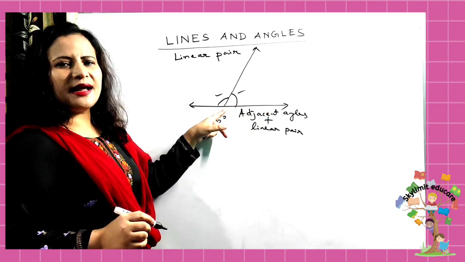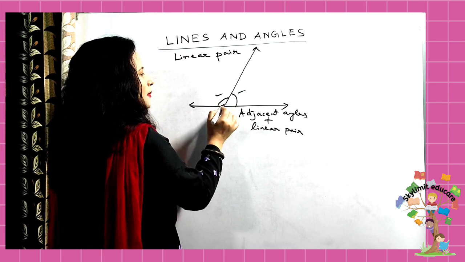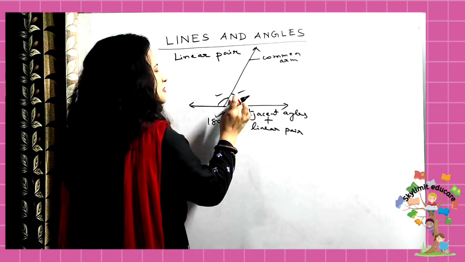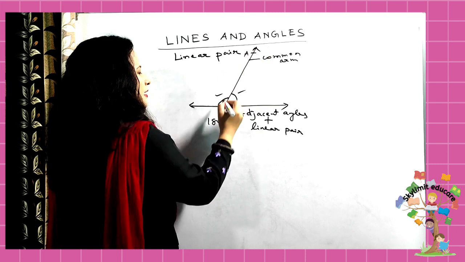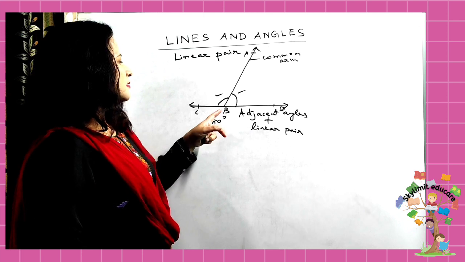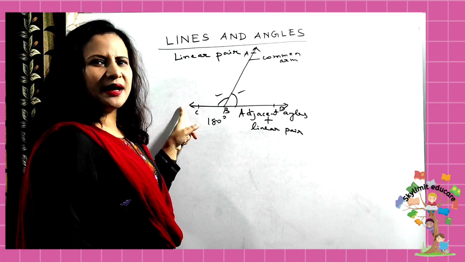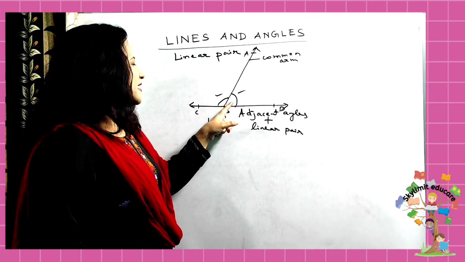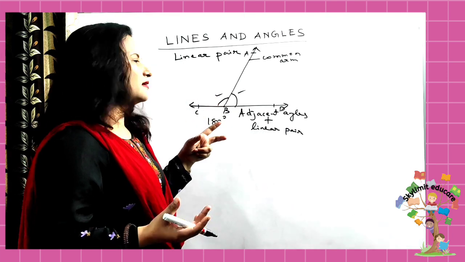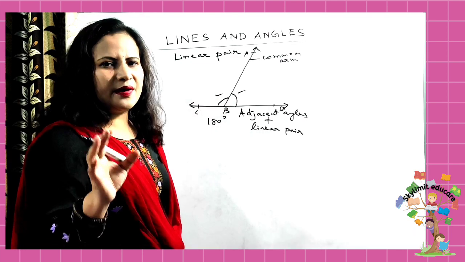So when two angles are lying like this, okay, that means one arm is common. This is the common arm of this angle. Suppose let us name it. Suppose this is A, B, C, and D. Okay. So just students, you see here, ABD is the angle and ABC is the angle. Two angles mentioned over here. So they are called as adjacent angles. They are lying side by side. Okay. They are also known as what? Adjacent angles. And they are also called as linear pair because their sum will be always equal to 180 degree.